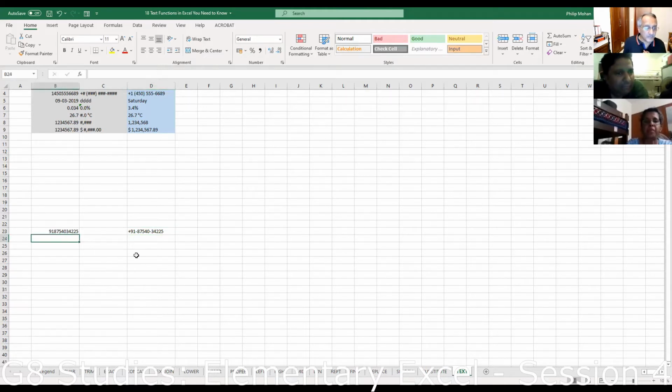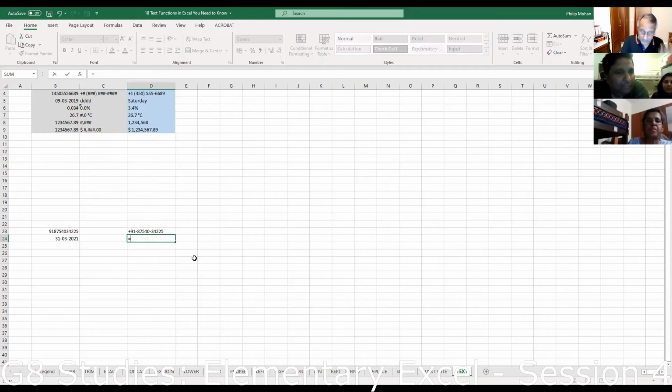Now, for example, I've got today's date, which is 31/3/21. Remember we did this last week. I want to give multiple text functions relating to the date. So I go to text here, and I just want the day of the week for 31st.